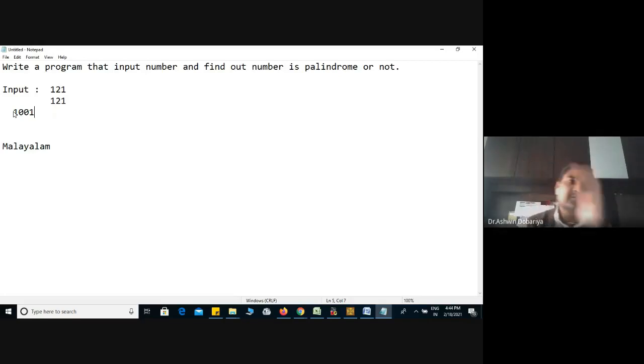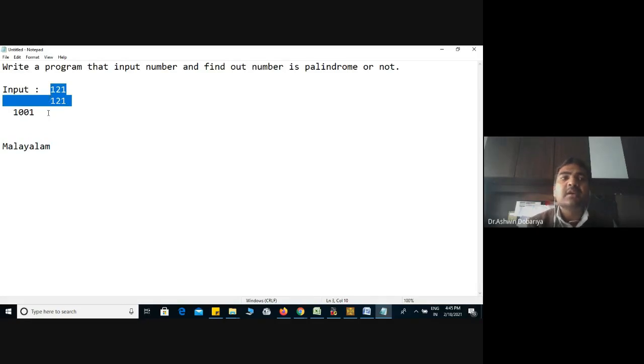So a number which reads the same from left to right and right to left is known as a palindrome. Similarly, the string also. When you read the string from left to right and write the same string from right to left, if the pronunciations are the same, then it is a palindrome string. This is a palindrome string and this is a palindrome number.